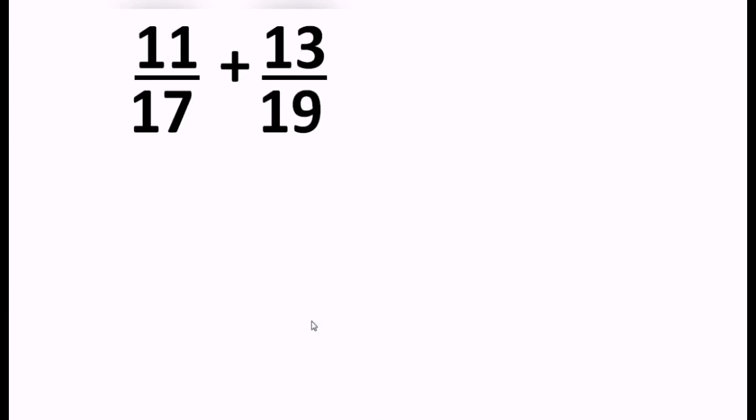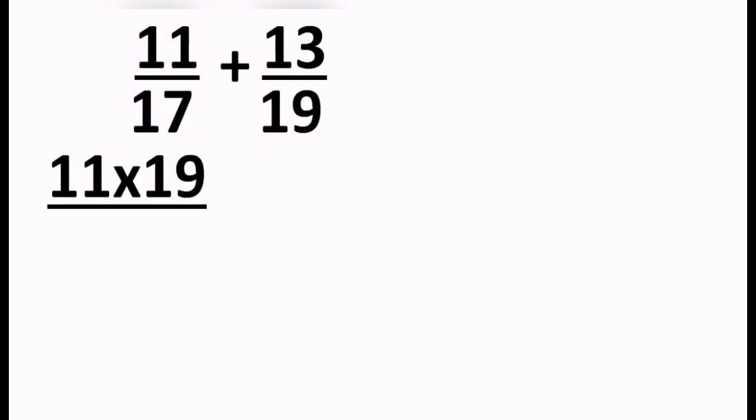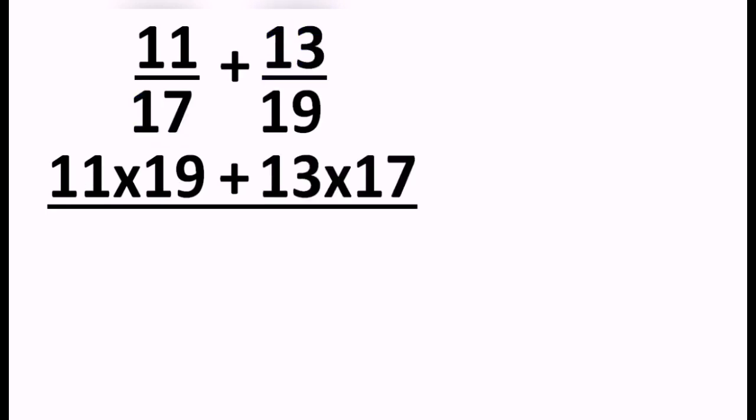Here in these two fractions, 17 is the smaller denominator, and in 17's table we do not find 19. So we will do our thumb dance, that is LCM method, according to which we will multiply 19 into 11 first. Then as the question is of addition, we will give addition sign, and after that we will multiply 17 into 13, right? We are not supposed to stop here. We have to multiply these two denominators also. So 17 into 19 should be in the denominator. After this, we will carry out all the multiplications that we have come across.